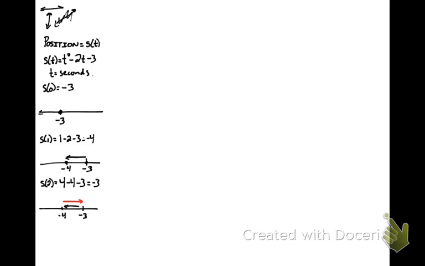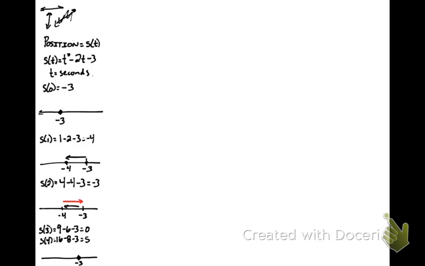Okay, well, what's happening at s of 3 and s of 4? Well, the third second this particle has been traveling, it's now at 9 minus 6 minus 3. It's now at 0. s of 4, well, that would be 16 minus 8 minus 3, where it's now at 5. So if we were to model the whole movement along our number line, the particle started at negative 3,